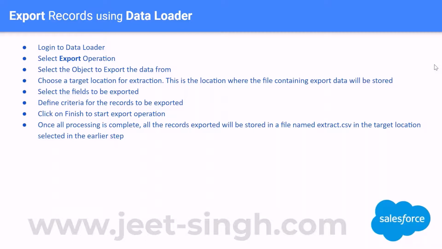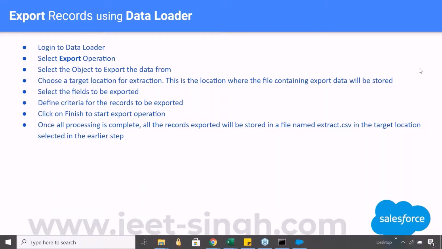Let's say I want to do some sort of an update on all the records from a particular country or from a particular city. Now, how do I do that? I need to get the IDs. So from where do I get the IDs? You can get the IDs using an export operation also. So in addition to the other reasons we discussed for doing an export, retrieving the IDs from the system can also be one of the reasons. Now let's go ahead and do this export. Let's see how it works.